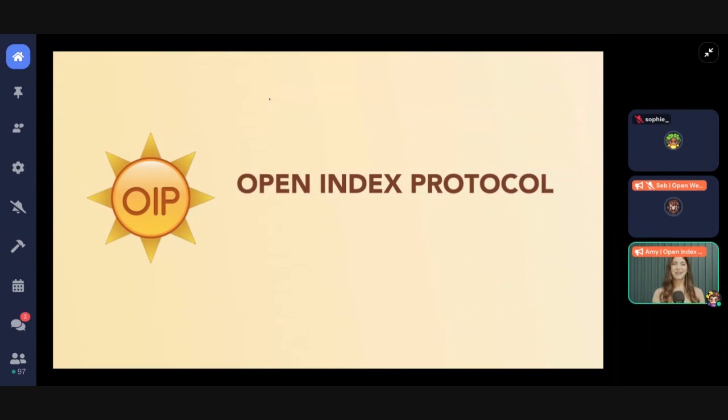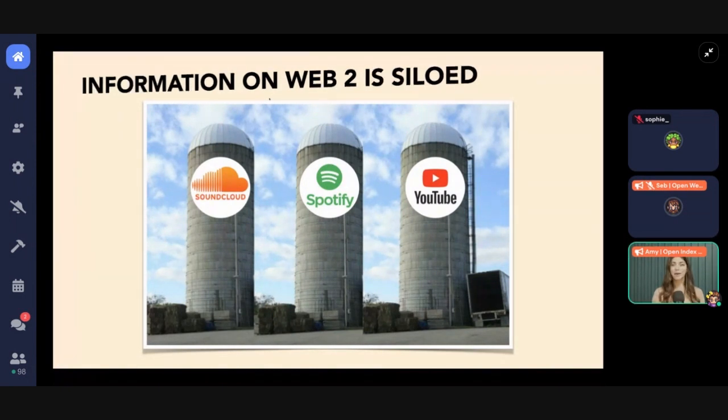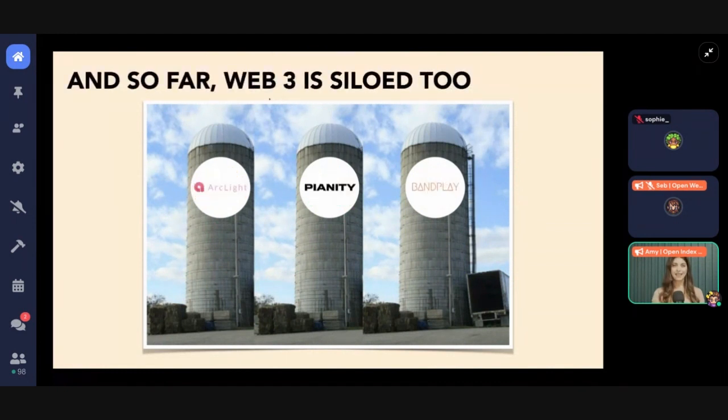Well, hi, everyone. I'm Amy James. I'm the co-inventor of Open Index Protocol, and we're bringing it to Arweave to give it a unified index. Think of it like protocolizing Google search. Web 2 is made of siloed applications that don't share an index or a distribution system. Arweave has solved storage and distribution. Without a unified index, it's repeating the siloing problem. You can search tags or for a TXID, but you can't search it like you can search Google.